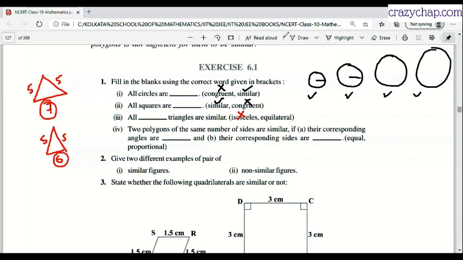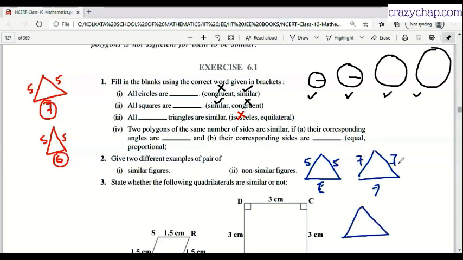Let me give you some examples. Let's say there is an equilateral triangle with sides 5, 5, 5, okay? And there is another equilateral triangle, let's say 7, 7, 7. There is a third equilateral triangle, let's say 9, 9, 9. So you can say that